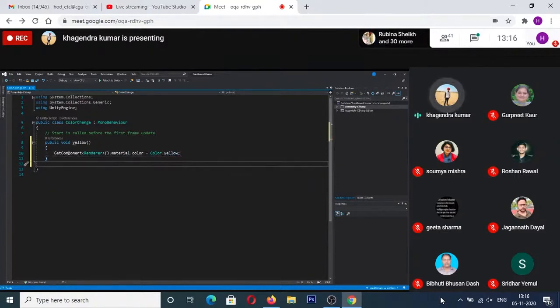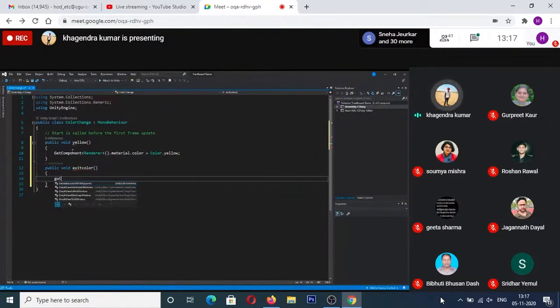Now, once I do that, I'm going to create one more color so that I can actually show that there is a physics-based interaction happening. So I'm going to create one more public void. And for this one, let's say orange, or let me name it ExitColor, because I'm not sure which color I'm going to use now.